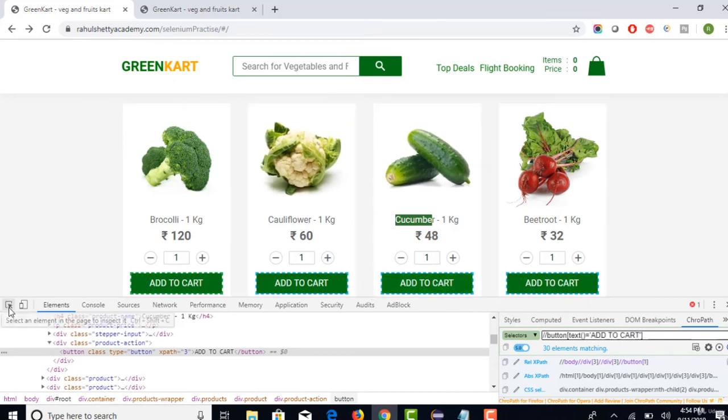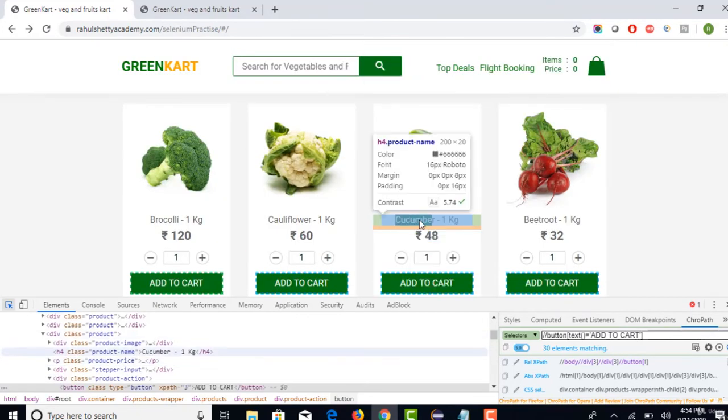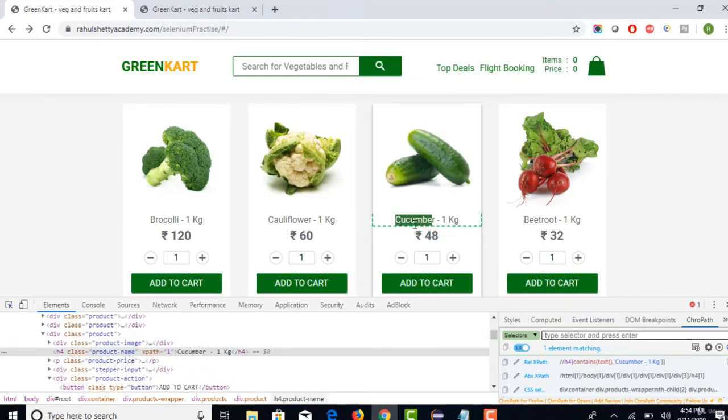Let's see that. When you spy on the cucumber, you see that there is a class called product-name. If you move your mouse on this, the CSS is highlighted: h4.product-name, which is displayed on the top. That's the CSS, but you need not depend upon what Chrome gives you. You also know how to get CSS, isn't it?